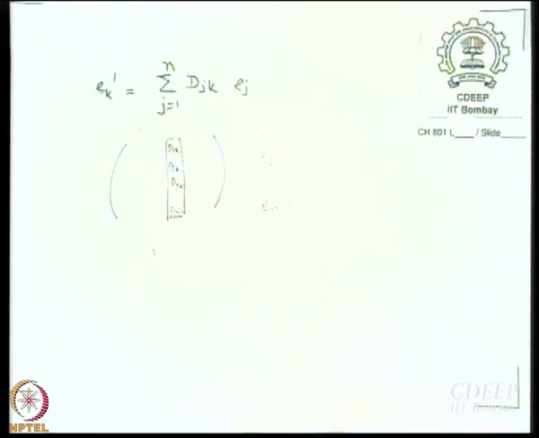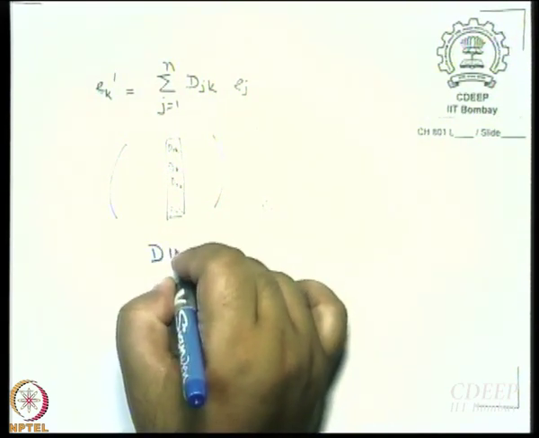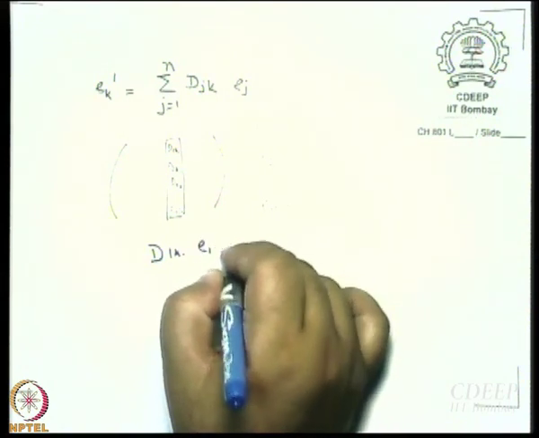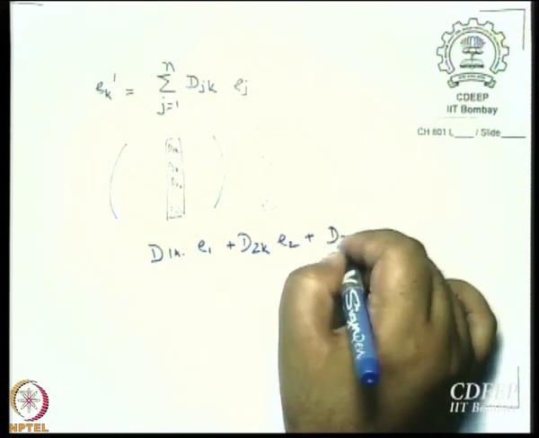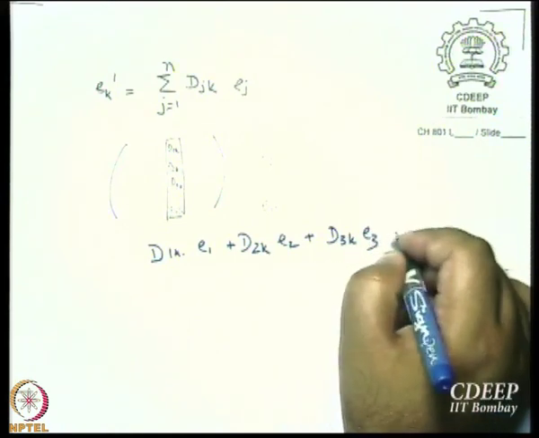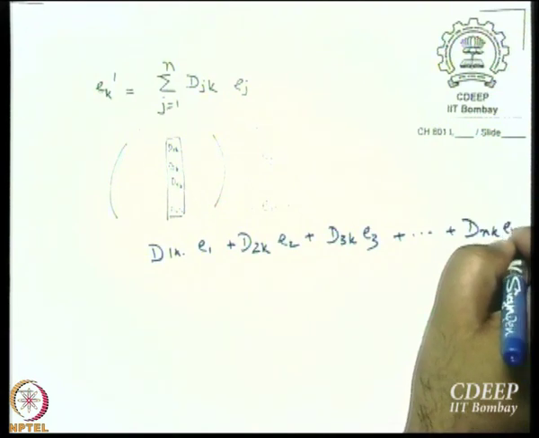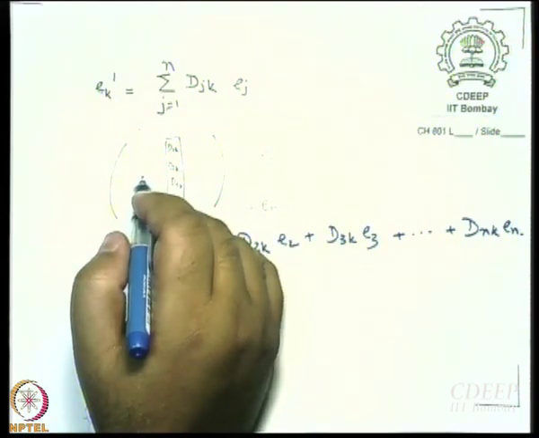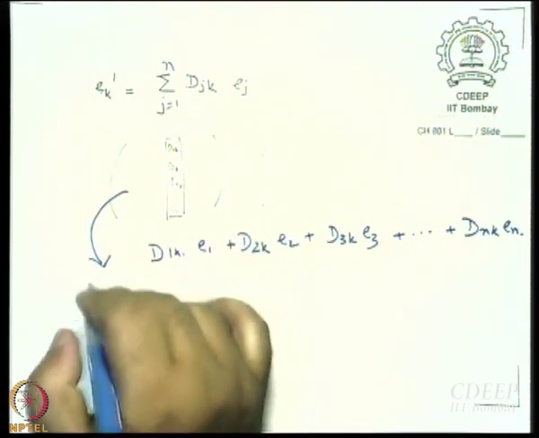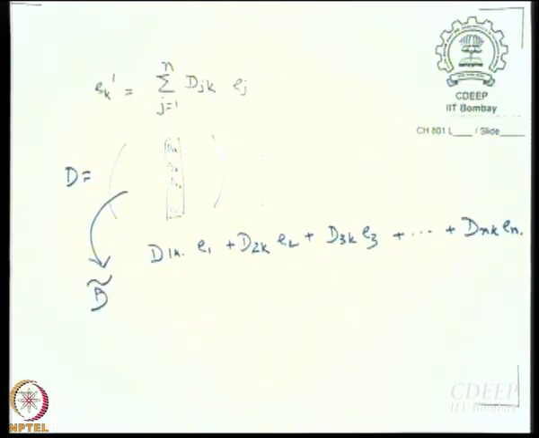So, this would mean D1K E1 plus D2K E2 plus D3K E3 plus so on and so forth plus DNK En. Okay. Why am I doing this? Because the matrix that I am actually multiplying with is the transpose. If this is D, I am actually working with D transpose,